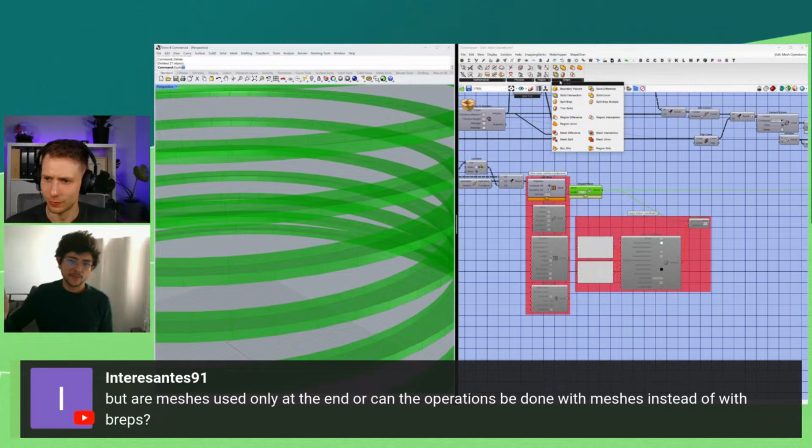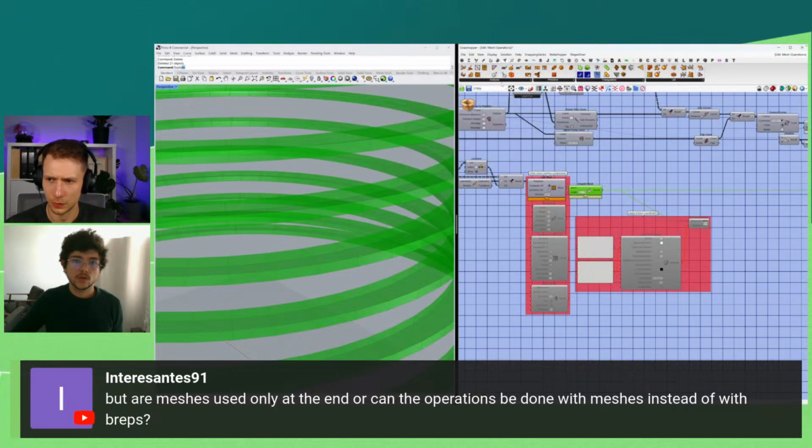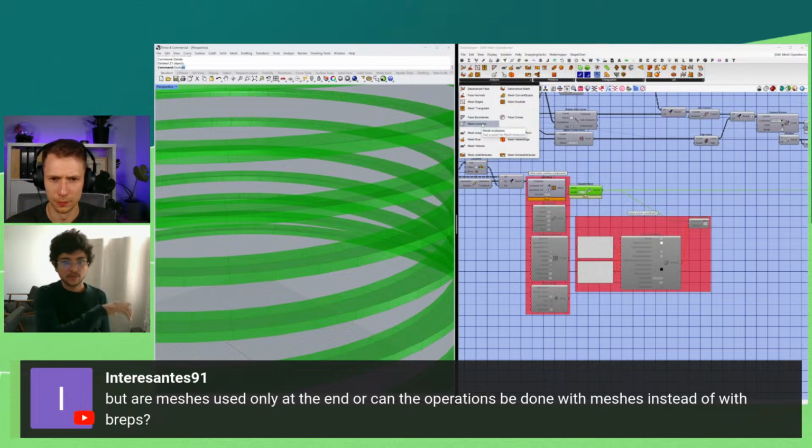So it's the same principle. If you take the shape section, it's going to take longer than if you take the mathematical section, but it's faster because you are working through meshes instead of working through solids. And here you have all of the mesh section, where you also have, for example, this mesh inclusion component. We had in the BRep something similar, the BRep inclusion component. So almost for every single thing that you have for a BRep, not everything, but for many, you have a component that works for meshes.